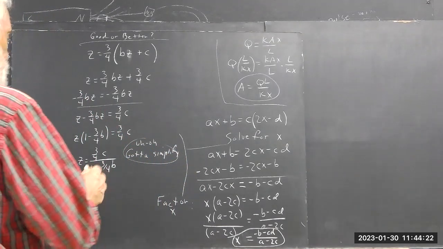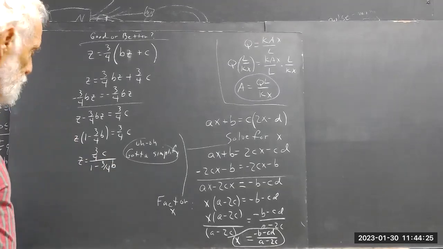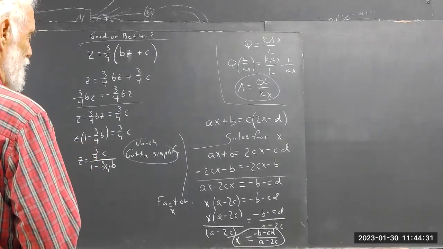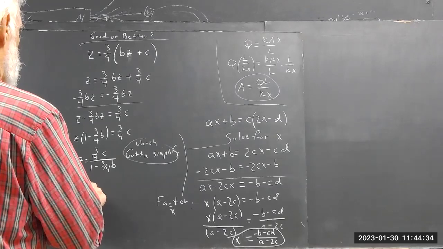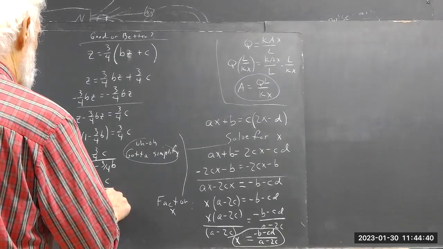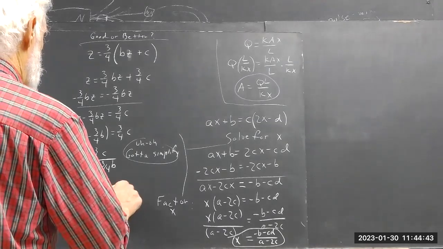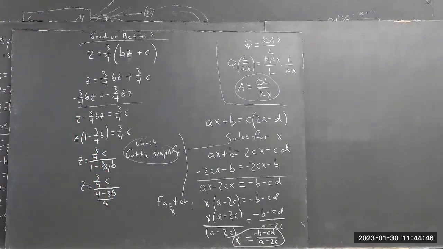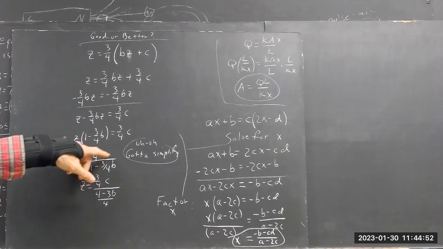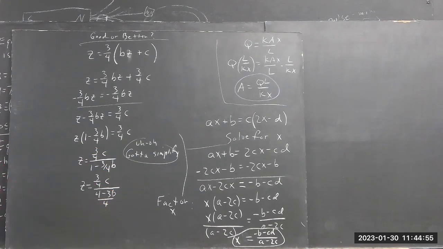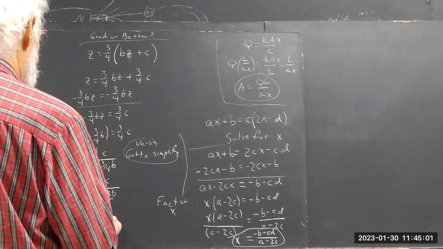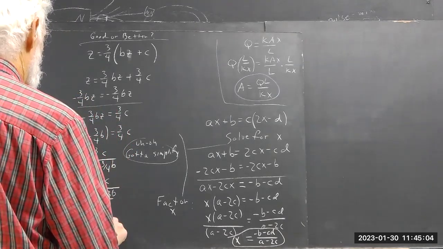Well, simplifying this isn't too difficult, depending on how you approach it. If you think of putting the denominator over a common denominator, and the numerator over a common denominator, well, yeah, we can do that. I'm gonna do it without going through the steps. And 1 is the same as 4 over 4. We got 4 over 4 minus 3b over 4, which is 4 minus 3b over 4. And this equals 4 over 4 minus 3b